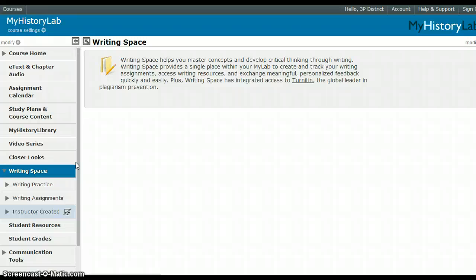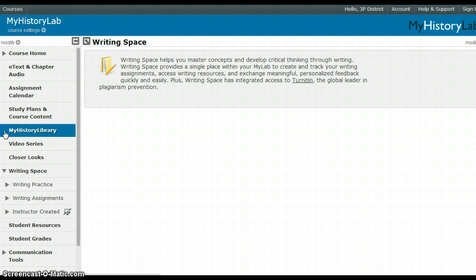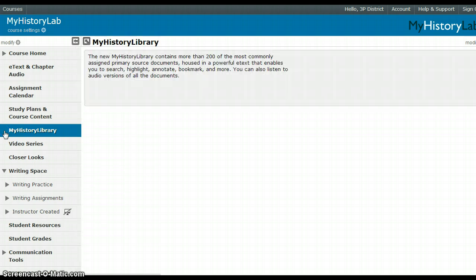And one other thing before we part ways here, there's so many things I could show you, but I do want to point out, because I was just showing this to an instructor yesterday and she was very excited about it, and that is my history library. And these are the most commonly assigned primary source documents in one place. Students are able to access these documents, also listen to them, and they can annotate, highlight, and take notes in the documents. There is no other publisher that offers this